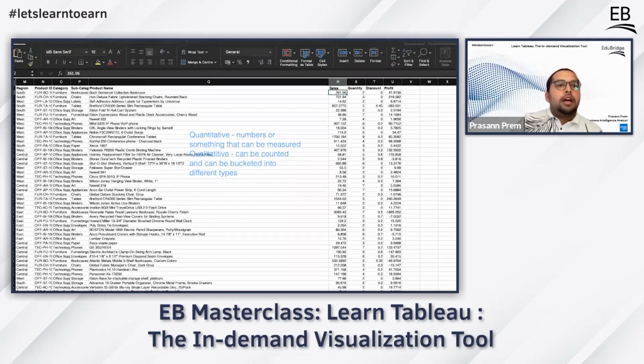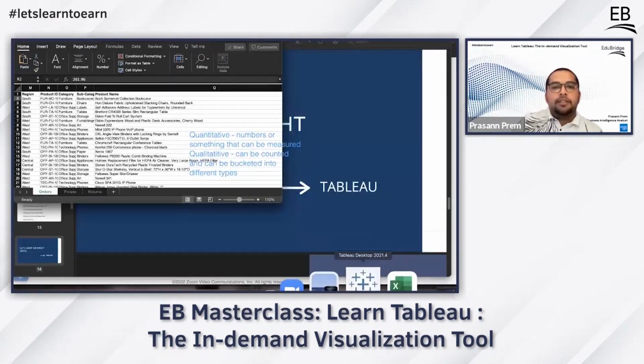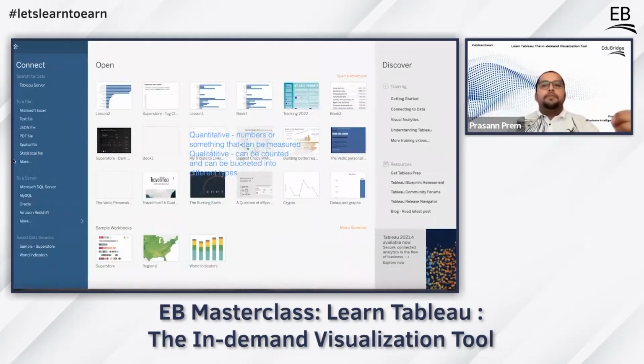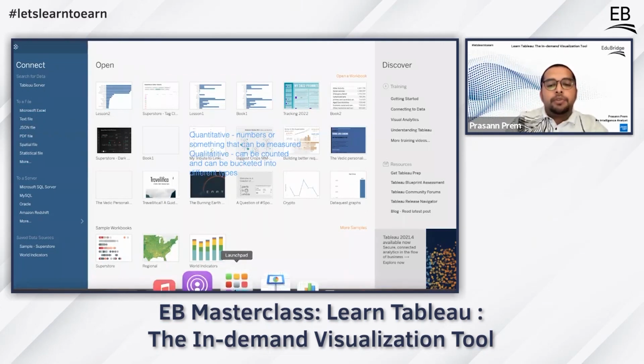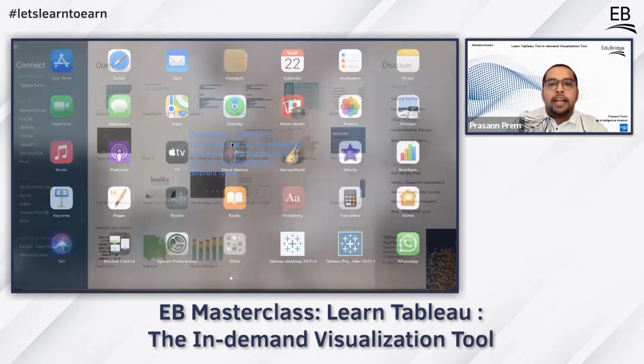Okay, now let's open our Tableau environment. So this is our Tableau environment. Whenever you open Tableau Desktop or Public, if you have it, you might see such an icon on your desktop. So you can click on it, and